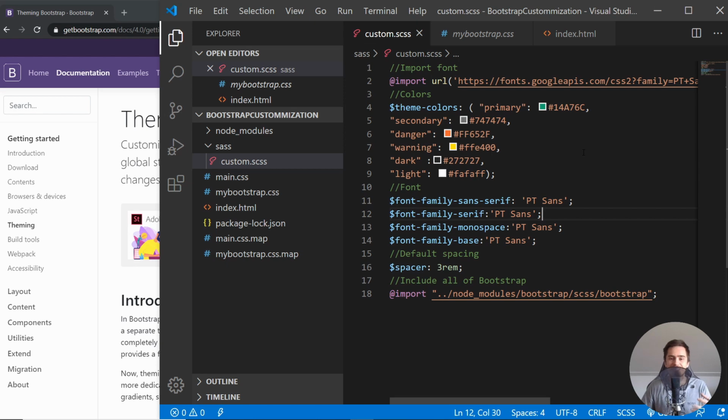That's what we actually did, right? We've customized the Bootstrap library and we've got it as a mybootstrap.css. When I compiled it, I got mybootstrap.css. Now, if you don't know how to customize your Bootstrap theme, I highly recommend